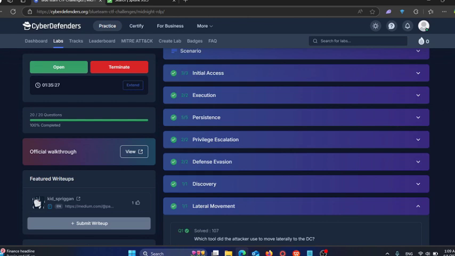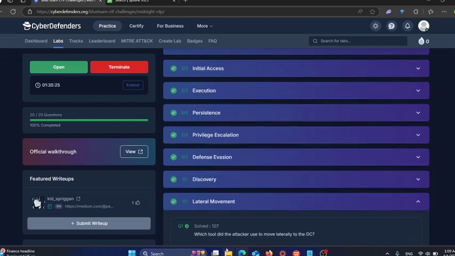For lateral movement, the question asks which tool the attacker used to move laterally on the DC-Caesar one. Lateral movement, as you know, is when the attacker has compromised a machine and wants to